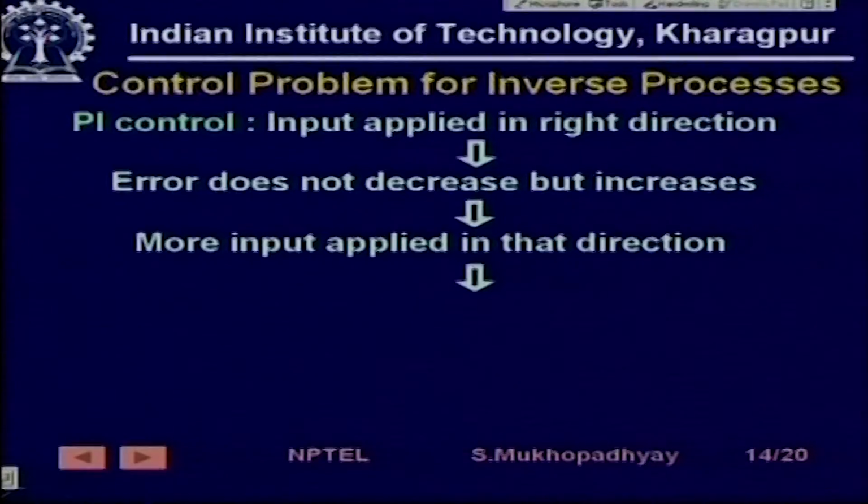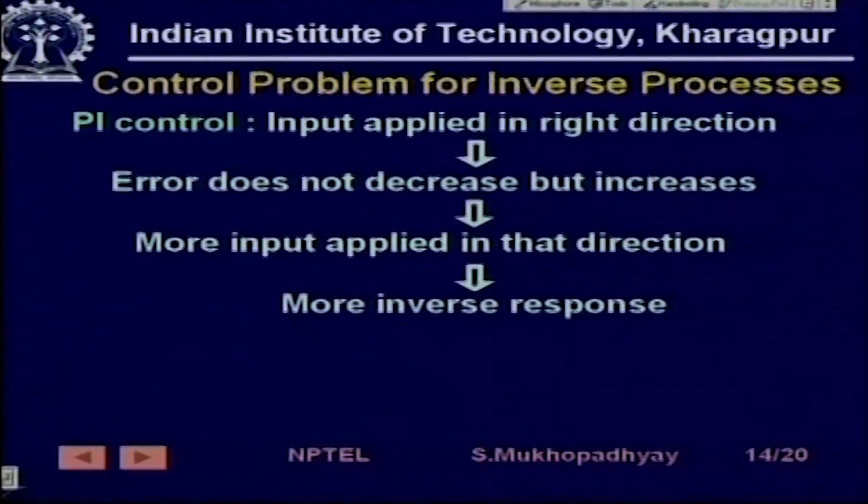Let us say, for example, if you have a PI controller, then the PI controller will apply some input in the right direction when it sees the set point change, but the error does not decrease, because the response goes in the opposite direction. So, the error does not decrease, but it increases. So, what does the PI controller do? It applies more input. It thinks, oh, it is not going, so let me apply more input. So, the more the input is applied, the more inverse response will come, and this might lead to an